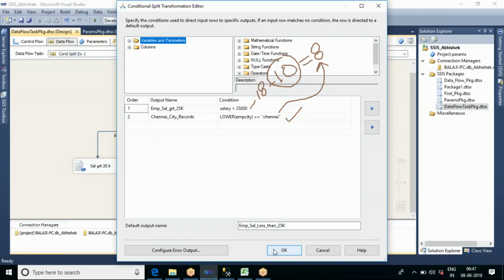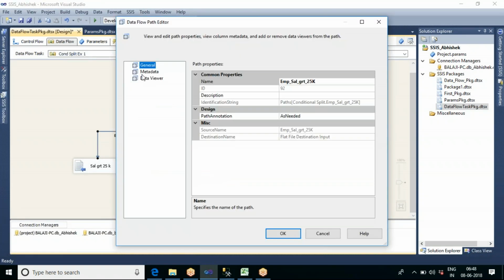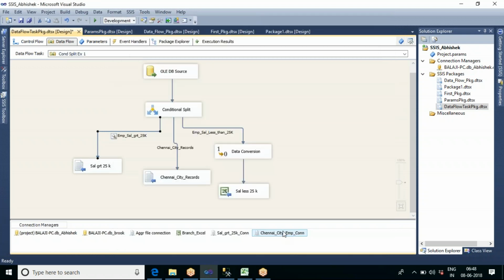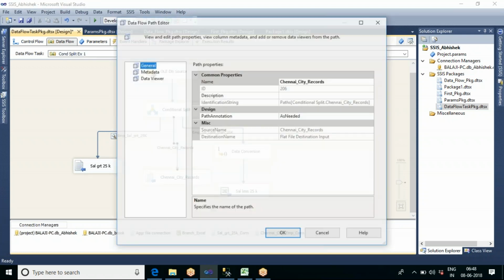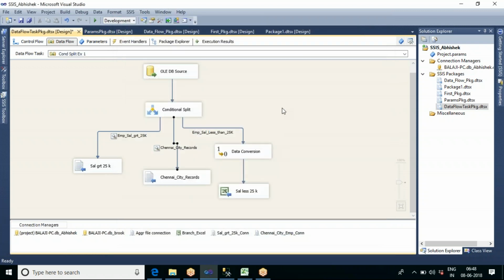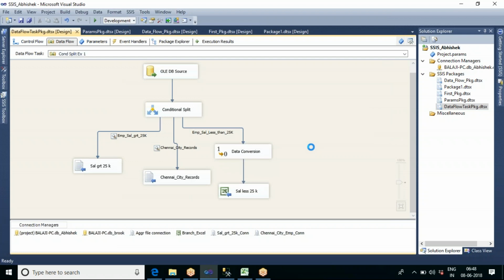If you want to see, let us see one more time. Let me put the data viewer here. Now I want to just see the output before pushing the data.